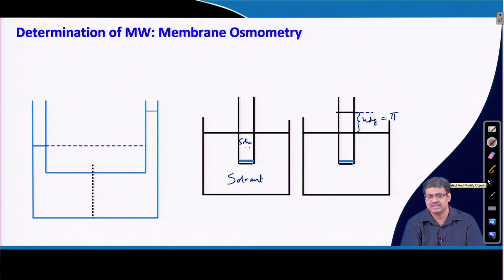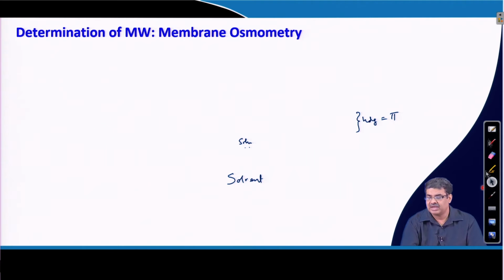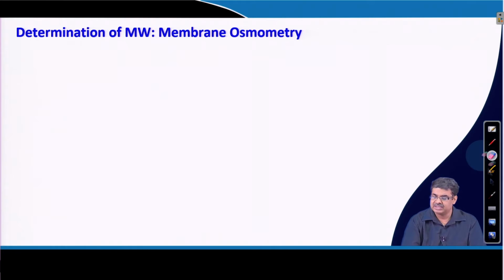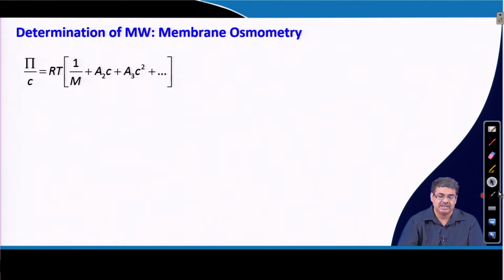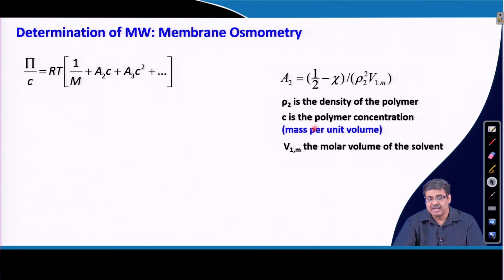So, we know osmotic pressure. Now, we have seen from our earlier classes that osmotic pressure can be expressed in this way, where M is the molecular weight of the solute, C is the concentration in mass per unit volume. Generally, when you talk about concentration, we talk about moles per liter or moles per volume, but because we do not know the molecular weight itself, we are trying to find out the molecular weight,